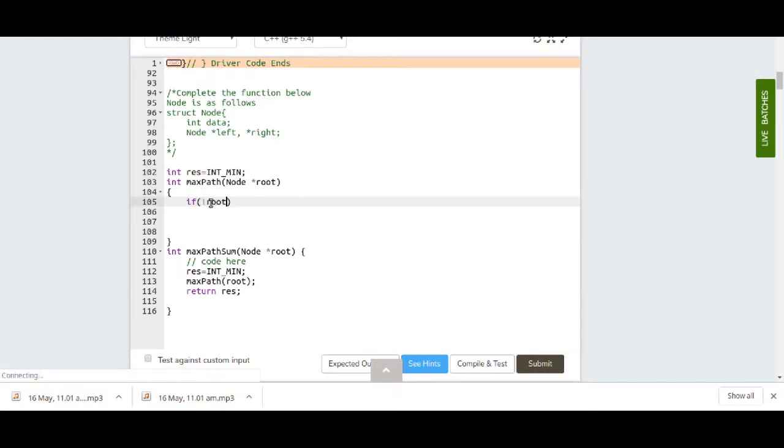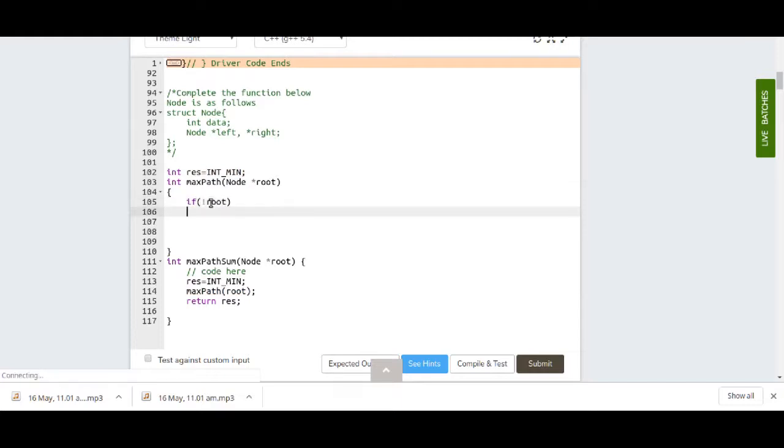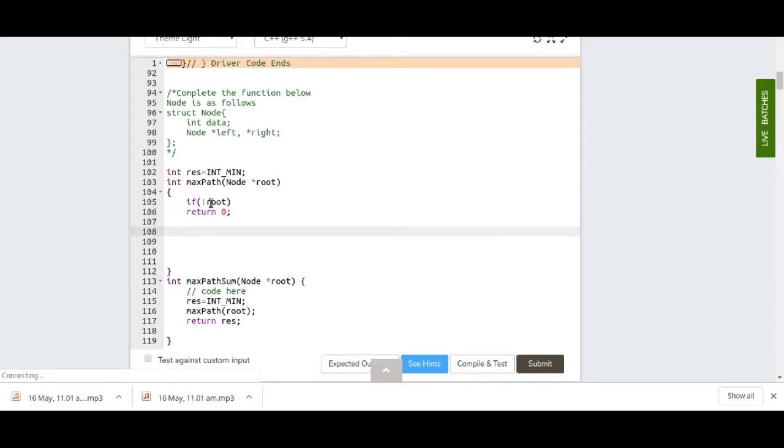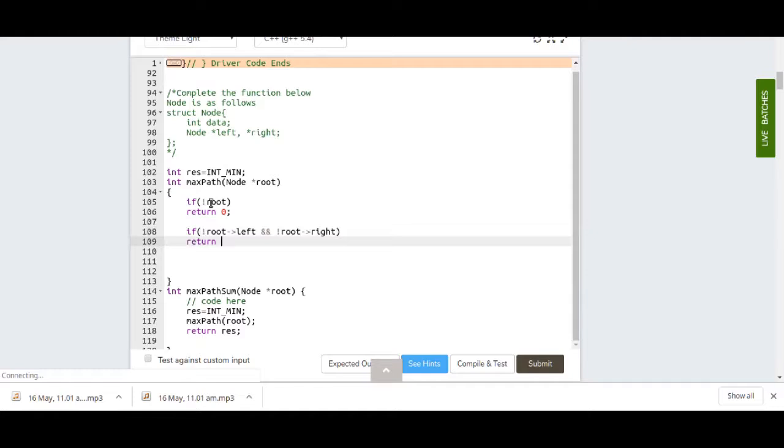So this is the base case. If root is null, then in that case we just return 0. Here I'll have to handle one more case: let's say this is a leaf node. If there is nothing on the left and nothing on the right, in that case we just return root data.